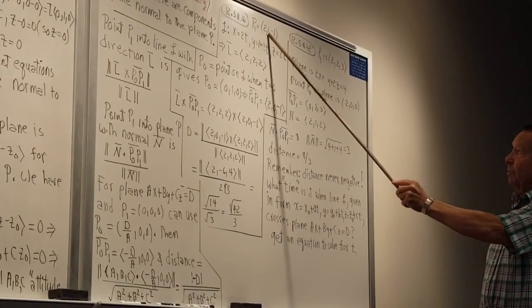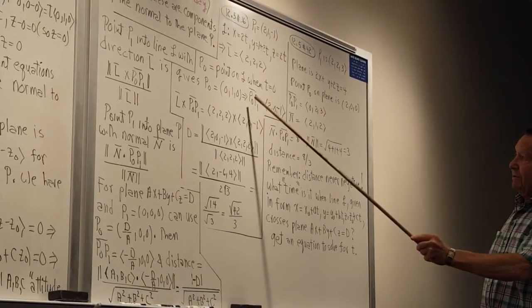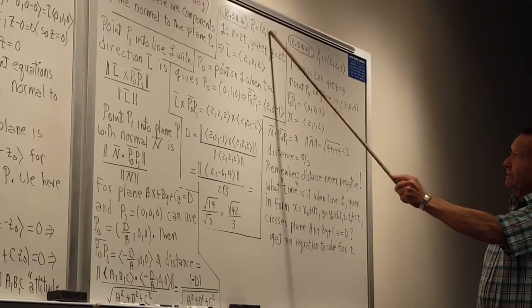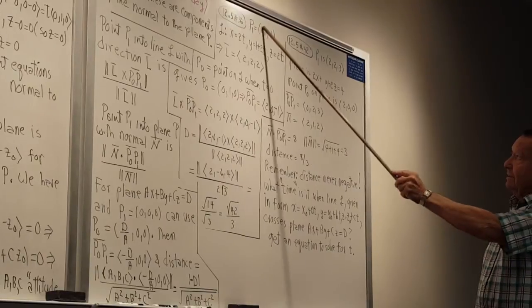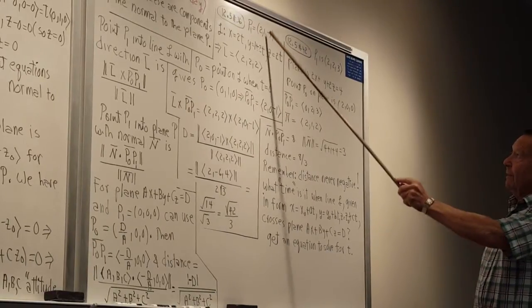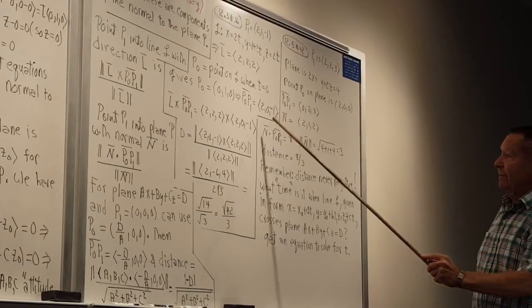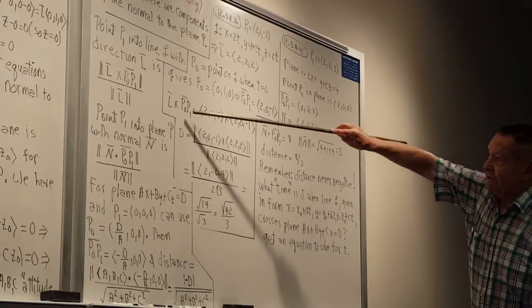And this is your point you're starting with. So your P0 to P1 vector is these numbers minus these: 2 minus 0, 1 minus 1, and minus 1 minus 0. So then you cross those,